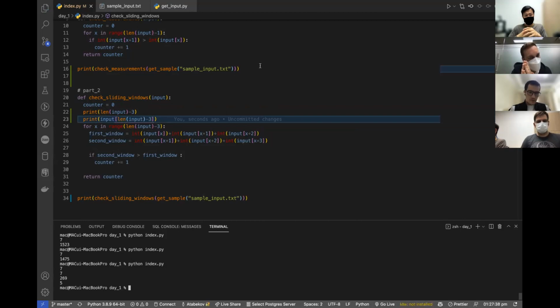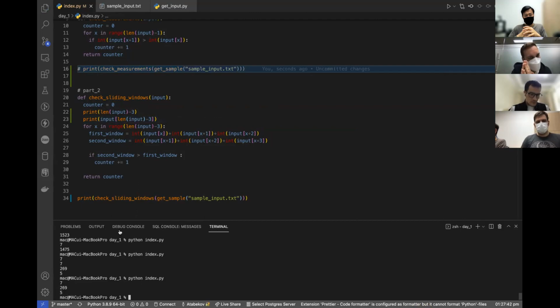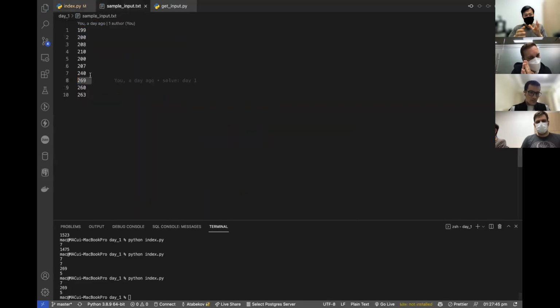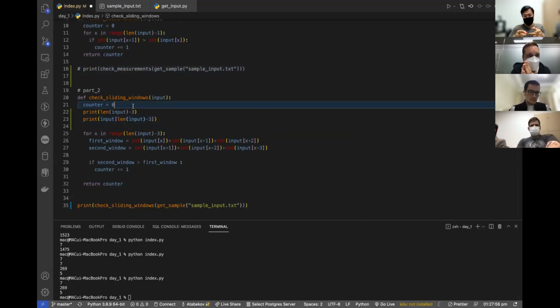It's going until 7. Okay, so then you are safe. So 10 minus 3, right? So it goes to 269, right? Yeah. Okay, so then go back to your code. Now the second window,